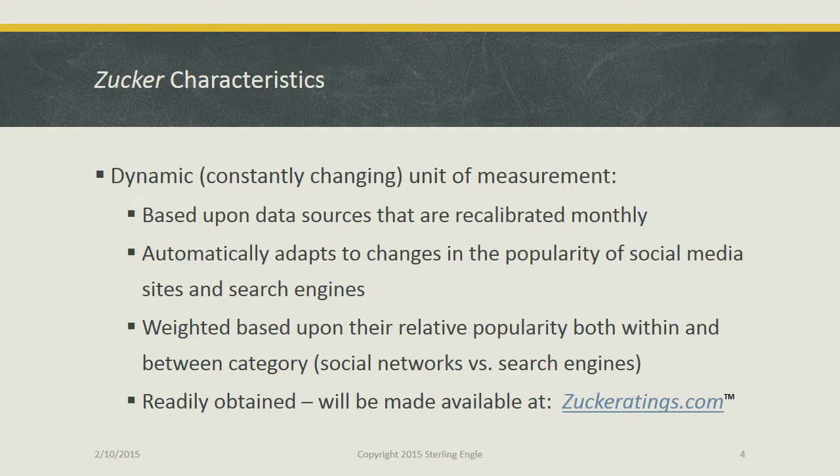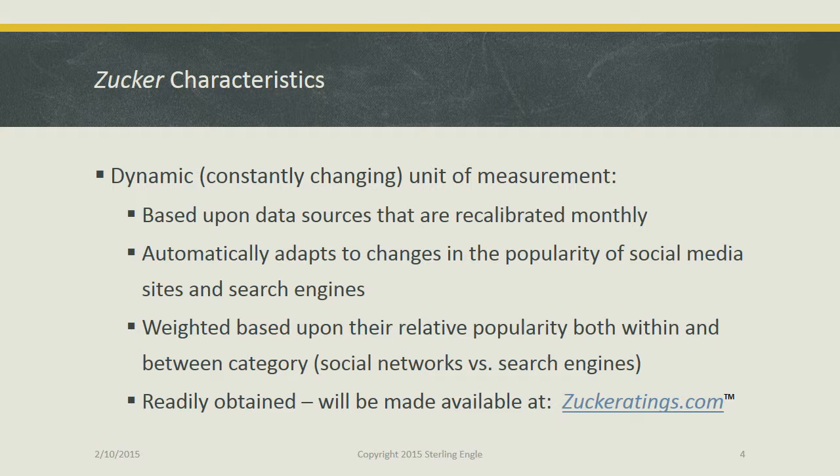The Zucker score changes dynamically as things like followers and search results change on the live internet. Therefore, it can be plotted over time for trend analysis. Importantly, it automatically adapts whenever new search engines and social media sites enter the top 7 combined in the USA